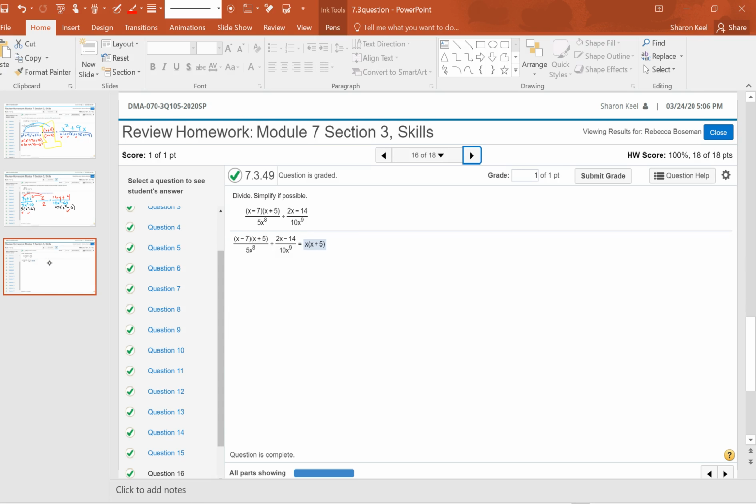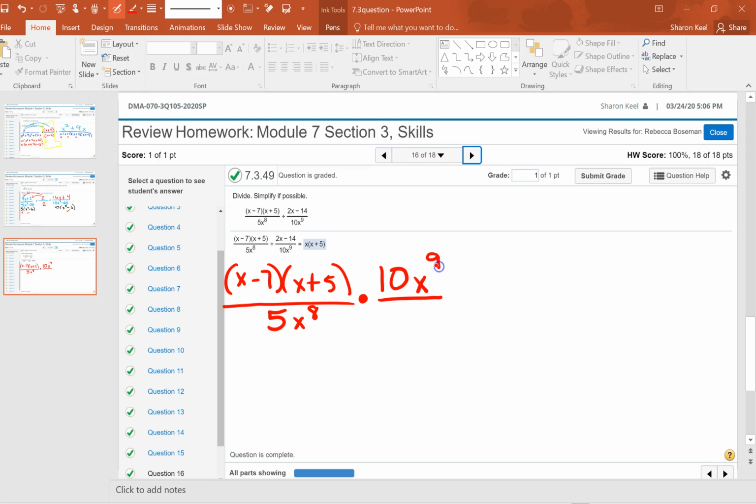And for this third problem, this is a division. On the left-hand side, whenever we have a division, remember the first term stays the same. So we have x minus 7, x plus 5 over 5x to the 8th. The division becomes multiplication, and then we're going to write the reciprocal. So the denominator, 10x to the 9th, now becomes my numerator, and my denominator